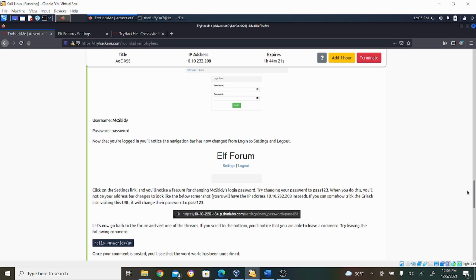We noticed the URL, how it showed the new password. Then we went to the threads, created a new thread, noticed that when we added HTML, it was reflected back to us, and then we realized, hey, our input is not being validated or sanitized, so this is probably susceptible